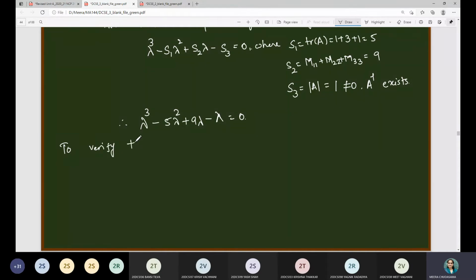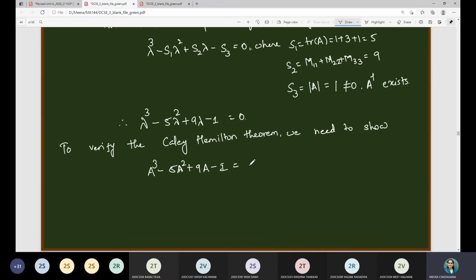To verify the Cayley-Hamilton theorem, we need to show A cube minus 5A square plus 9A minus, oh sorry, this won't be lambda, this is 1, minus identity matrix is equal to 0 matrix. This is what we have to show. So to show this, we need to consider LHS first, and for LHS we must require